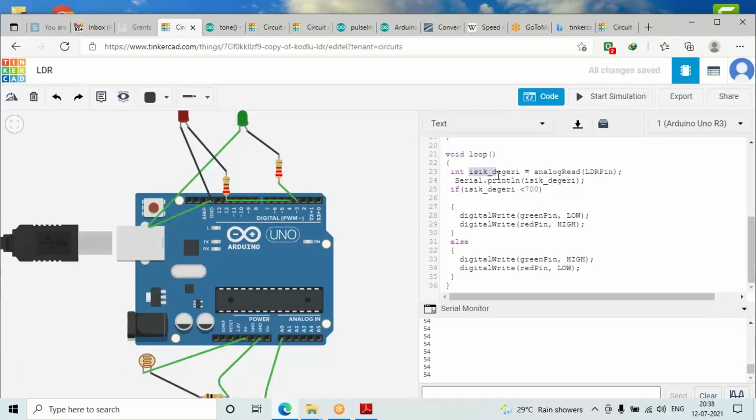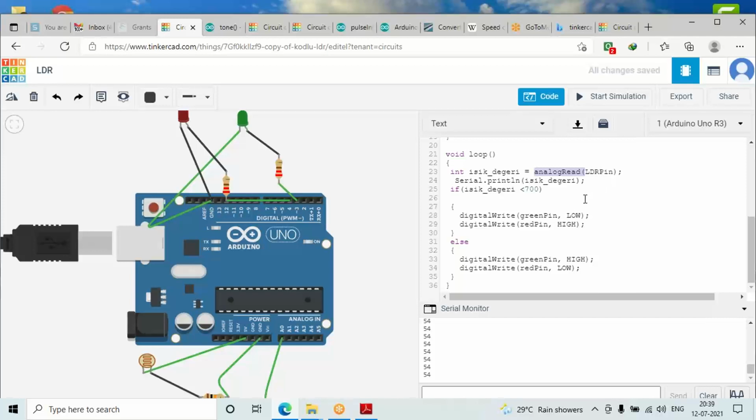You can keep any name as per your choice. I have called the function analogRead. This analogRead function reads the data from the analog channels. In total we have 6 channels, A0, A1, A2 till A5. You can connect anywhere, and if you want to read data from any sensor on that channel and pass it on to the microcontroller present inside the Arduino board, you will call the function analogRead, and you have to pass on the channel.